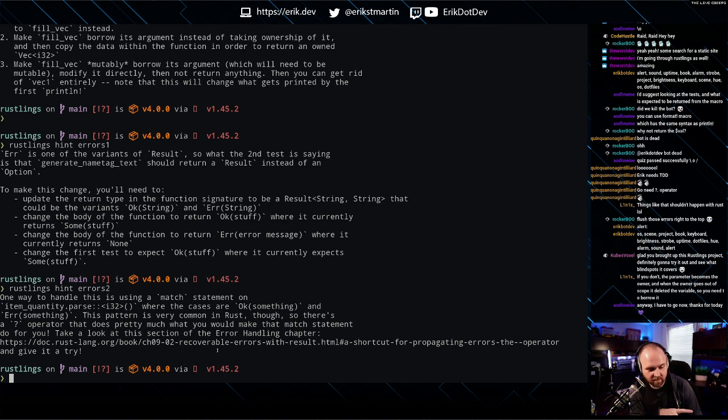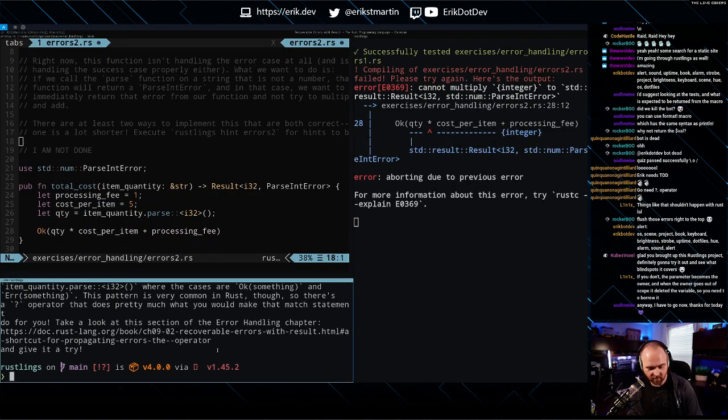Okay. So one way to handle it is using a match statement. Okay. So there's a question mark operator that does pretty much what you would make that match statement do for you. Oh, right, yeah. Okay, so I remember this.